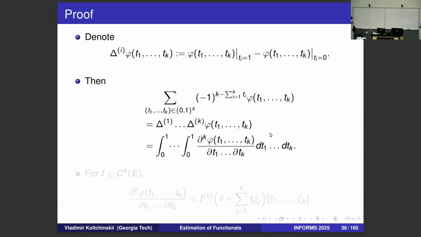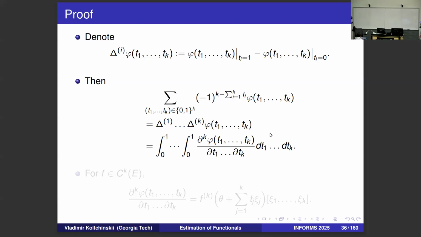But now if our function is k times differentiable, I can write this using a k-dimensional version of the Newton-Leibniz formula. In dimension 1, the integral of the derivative is equal to the increment of the function. If we write the integral of the derivative from a to b and apply the Newton-Leibniz formula to each coordinate, we get that this integral is exactly equal to this expression. So as a result, we end up with this integral of this function,